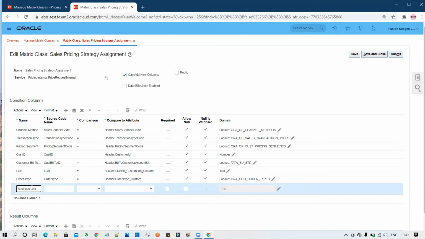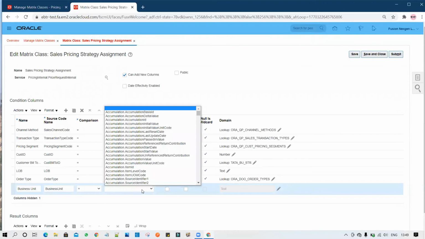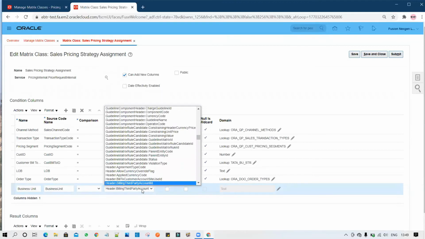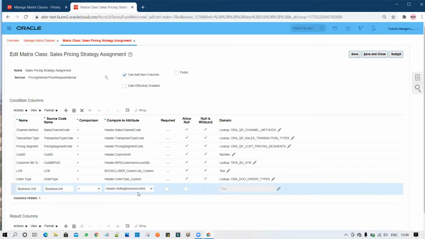Name it business unit. Now you have to select the header attribute called Selling Business Unit ID. Make sure you choose the correct value. So I have selected Header.SellingBusinessUnitID. Now you make it allow null, so wildcard.